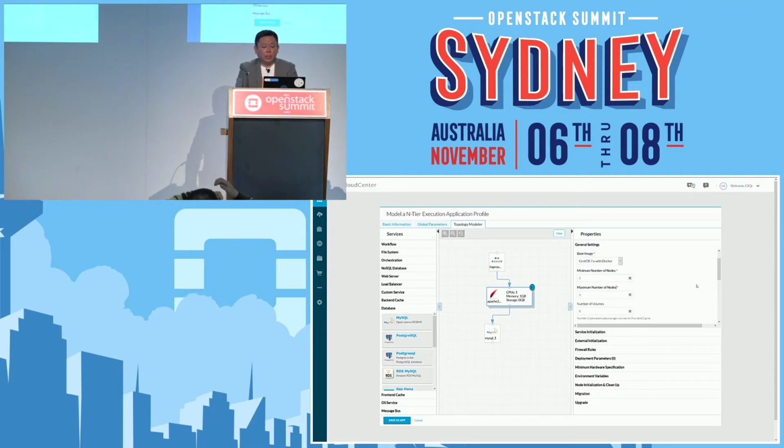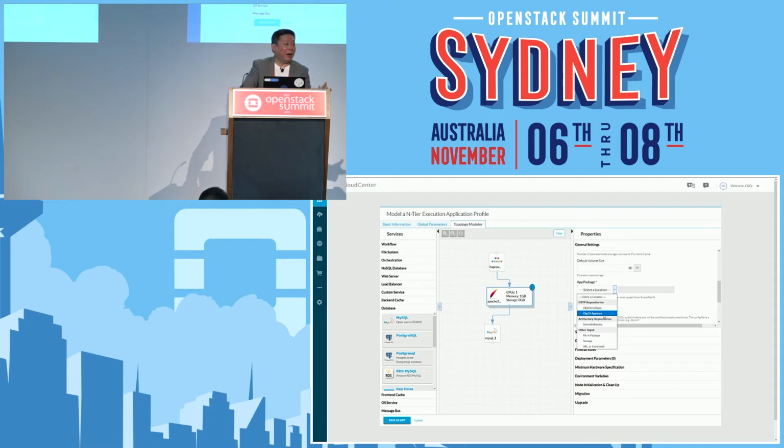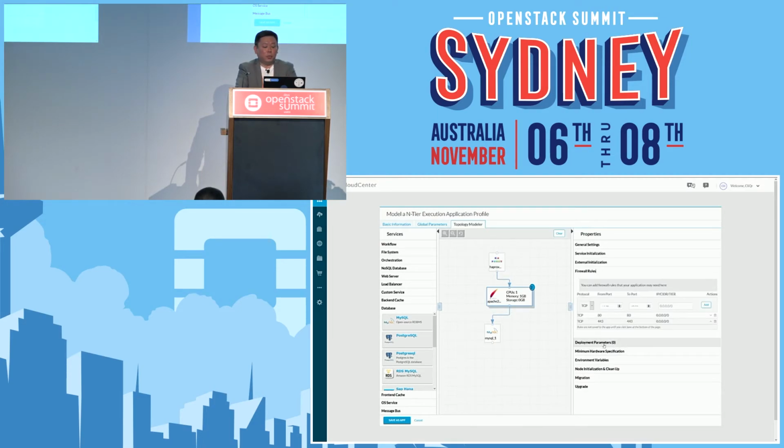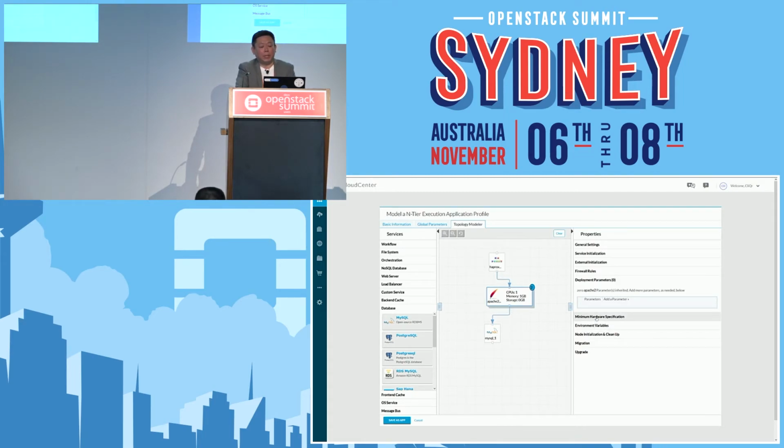And I can actually model this, and you can see based on each of these boxes, I can start configuring where is my repository? Where am I pointing to get that binary, my zip file, my code, right, my configuration? So you can actually point that and build it. And we have so many insertion points where you can say, I can have external initialization, set up firewall rules in here, deploy parameters if I want user interaction, for example, like database passwords, minimum hardware specs. This is where we don't want someone to deploy a 3-tier stack with a web server that is too low in terms of resources that could cause issues, right?